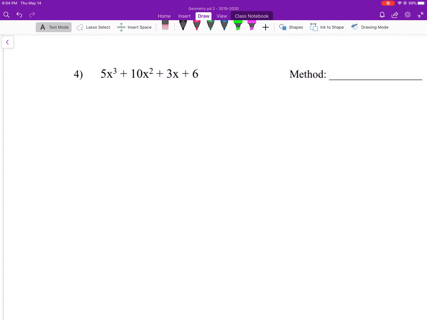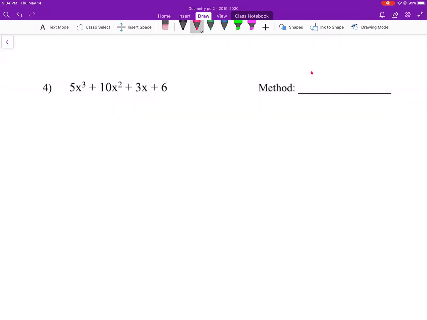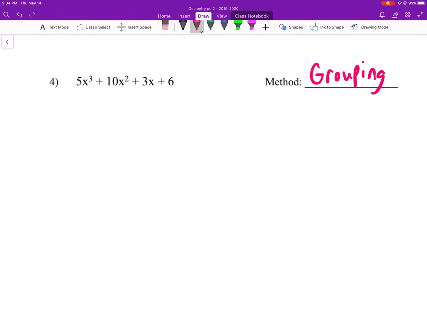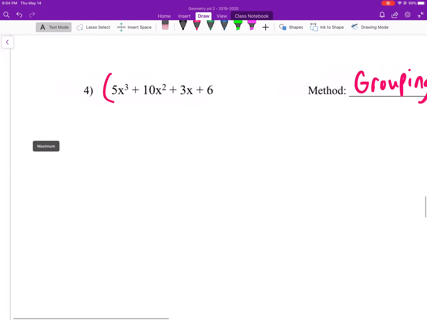Now, guys, this is 4 terms. So if it's 4 terms, that means we're going to factor by grouping. Remember how we do that. You might have to go back and look at that video from a couple days ago, factoring by grouping. We split it up into 2 groups: the first 2 terms and the next 2 terms. Remember, we find a GCF for each group. So the GCF for the first group